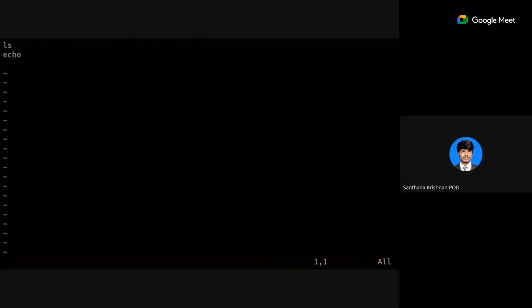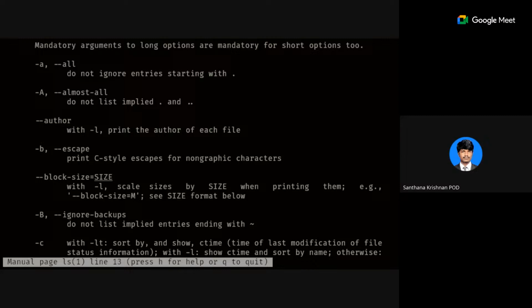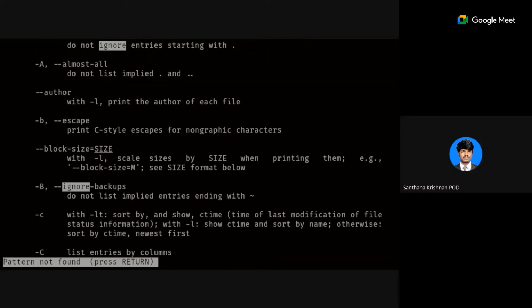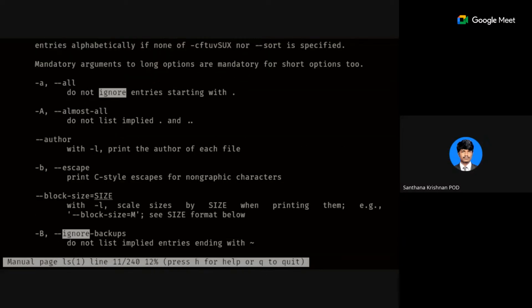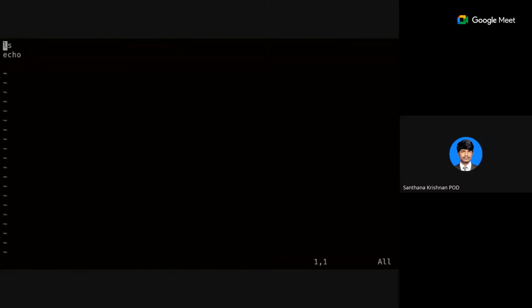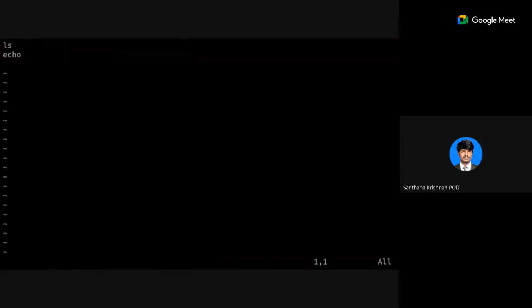Shift K, okay, the command which you have to use: hover over the command. You have to put your cursor over the command and press Shift K, and it will open the man page for you. So you can immediately look into it and you can do the search as well. All those things you can do. Once you get it, just press Q. Now you are back in your terminal, press enter, and it will show the end. Now you can continue your workflow. That fast it is.